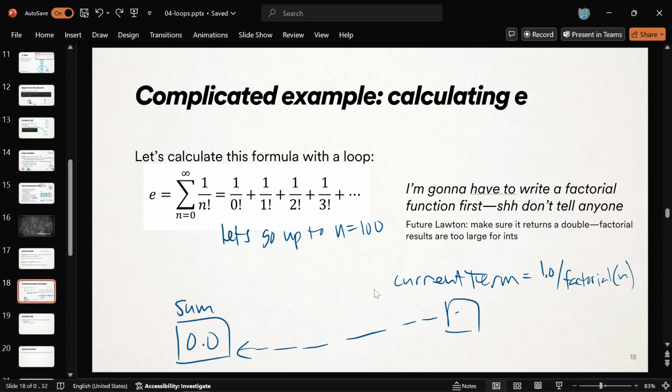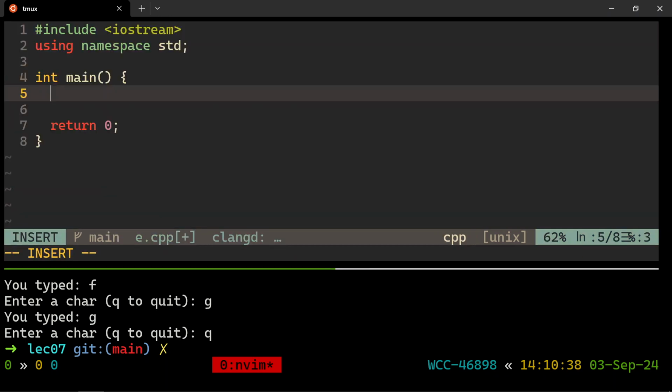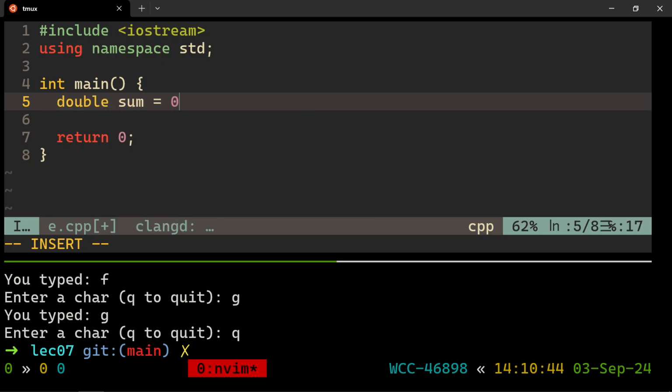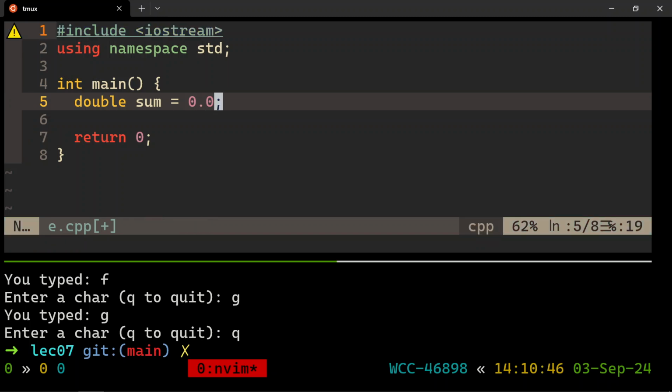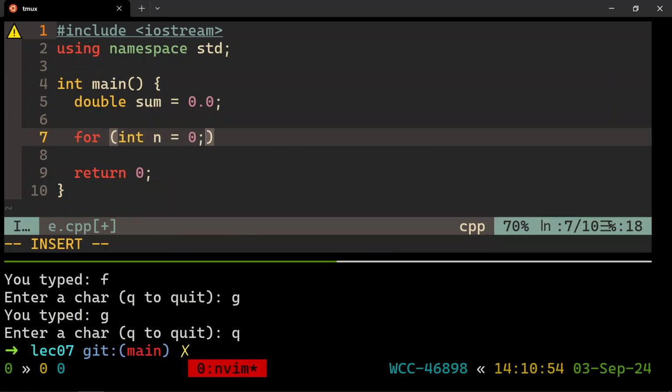And let's see how to do it. All right, I will use a for loop. So let's do the loop itself, and then actual factorial does not exist in the C++ standard library, so I'm going to have to make that for you. e.cpp. So, but here's the idea. So we're going to start a sum variable at 0. Double sum equals 0. E is a number with decimals, so use doubles. And then I'm going to range from n starting at 0 all the way to n going to 100. All right, so for int n this time. Starts at 0, n less than or equal to 100. So it goes to 100, n plus plus. You can see my muscle memory. I keep typing i.